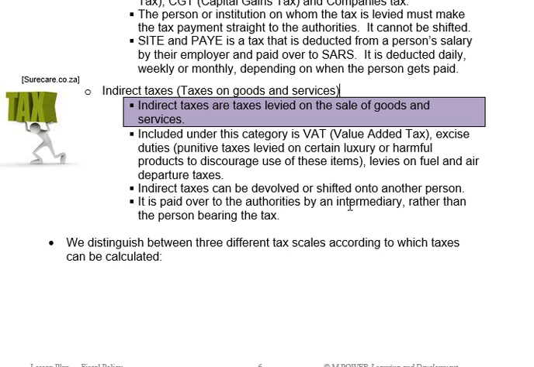So he pays the VAT, and then he goes and plants the seeds. When he harvests the wheat, he's going to sell the wheat to, I don't know, the bakery, the flour company, okay, the flour company. He sells the wheat to the flour company. When the flour company buys the wheat from the farmer, they pay VAT. So the farmer is getting his VAT back. All right, he paid VAT for the seeds, but when he sells the wheat, the VAT is included in there, so he gets the VAT back. He paid it, but he's getting it back.